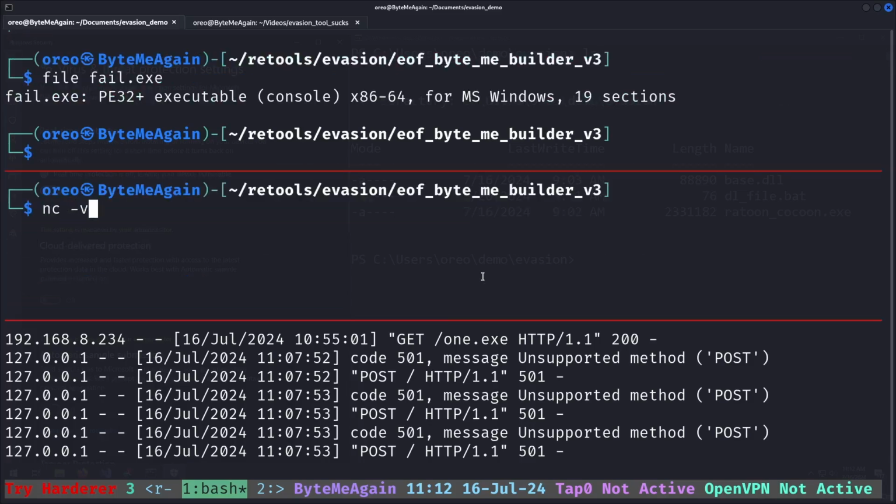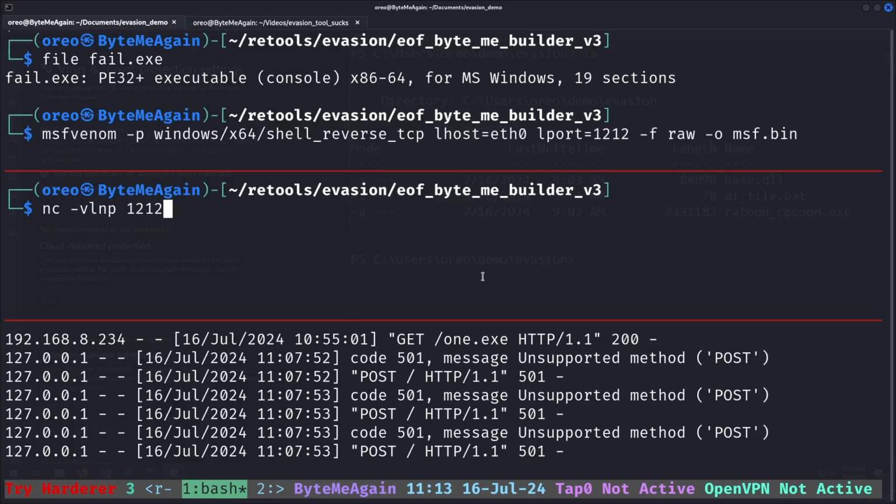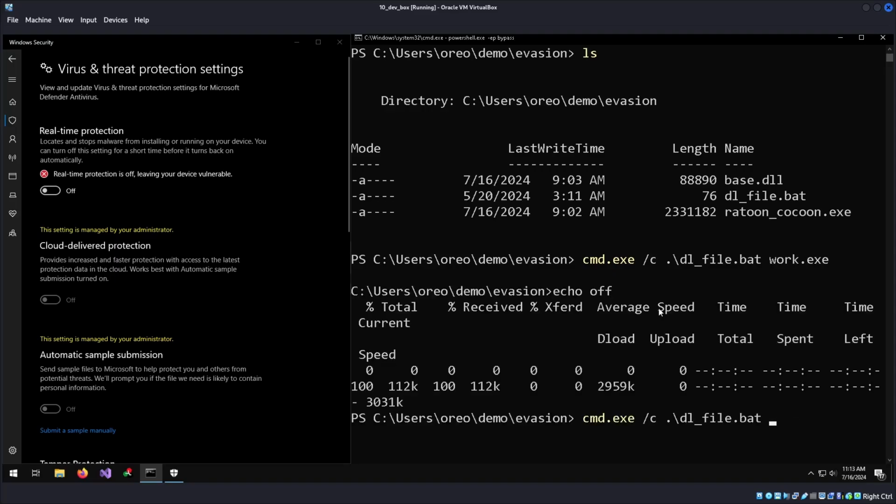Make sure we listen. Alright, use 1212. Yep. Listen again. Going back to the Windows machine and using our little download script to grab work.exe and fail.exe